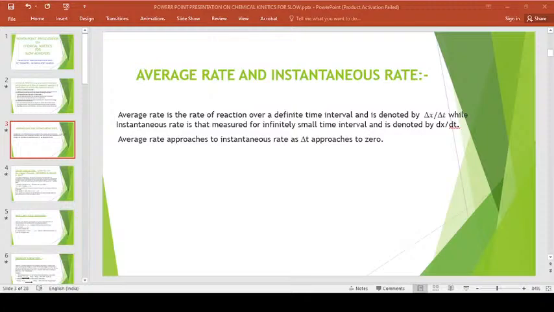Next, molecularity. It is the number of reacting molecules of the reactant species taking part in a single step chemical reaction. Number two, order is an experimentally determined value. As I've already said, your order is an